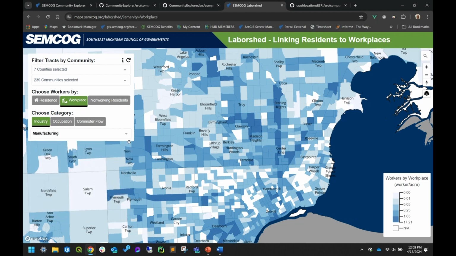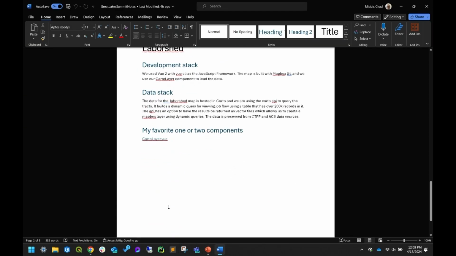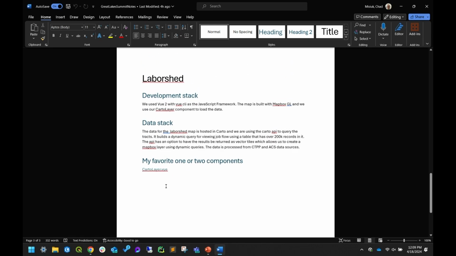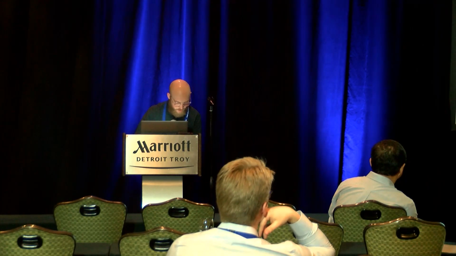So the one component that I wanted to show on this map was the Carto layer. This is a wrapper around what we built as the Mapbox layer, and it lets you